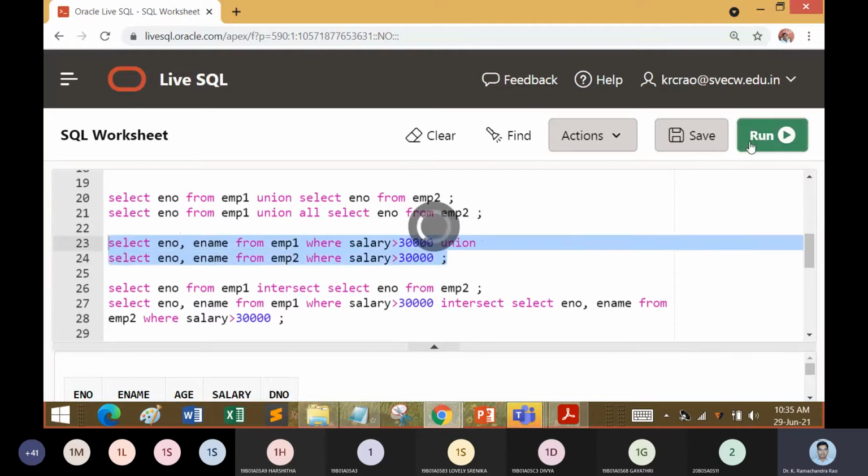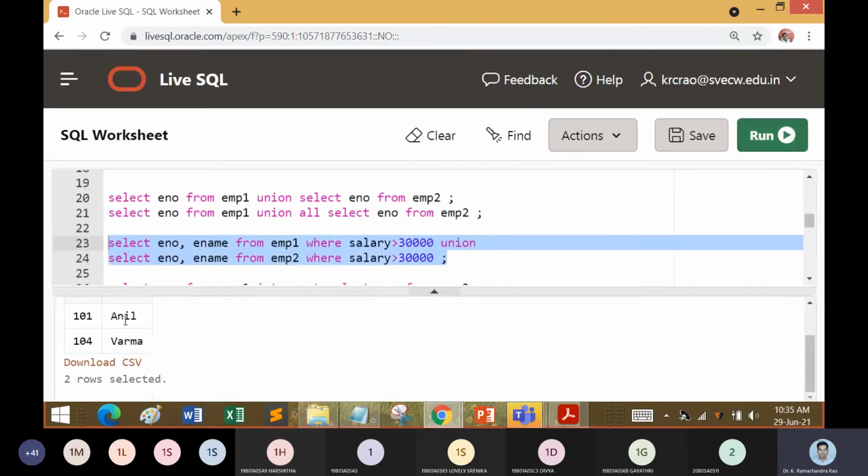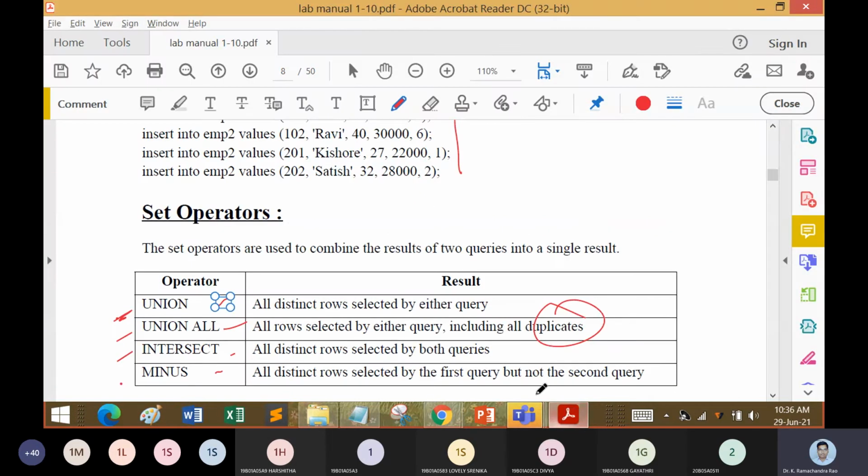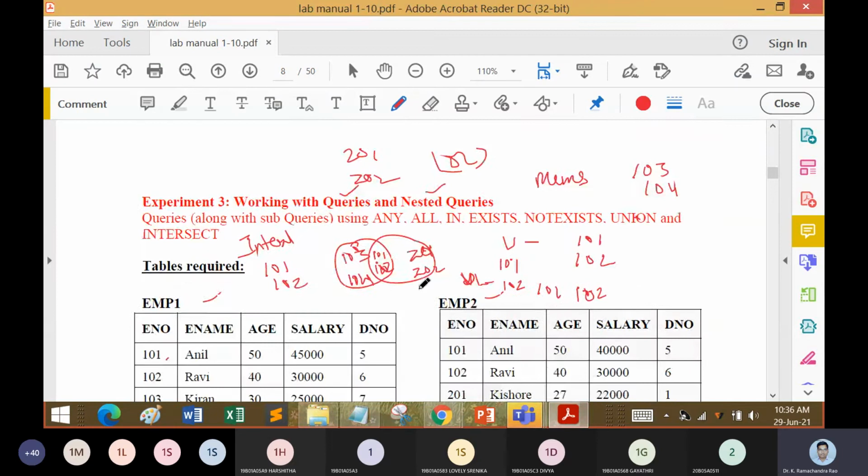Now you can check here. We are going to have this union operation. The union is going to give 101 Anil, especially from the employee 1 table. Similarly, select employee number from employee 1 and intersect with employee number from employee 2. Now you can see the intersect operation: 101 and 102 are common between the employee 1 and employee 2 tables.